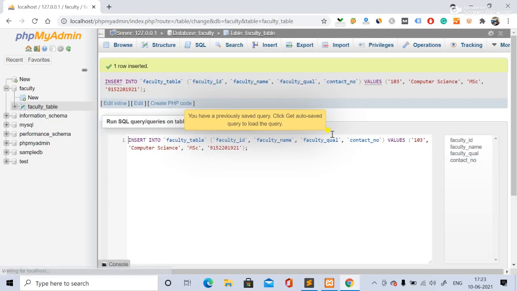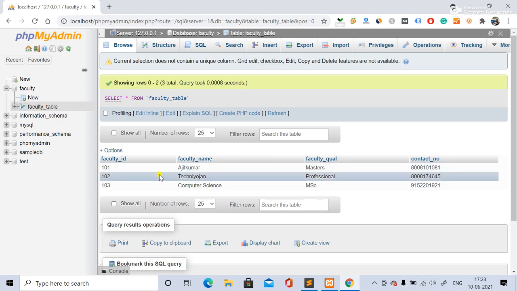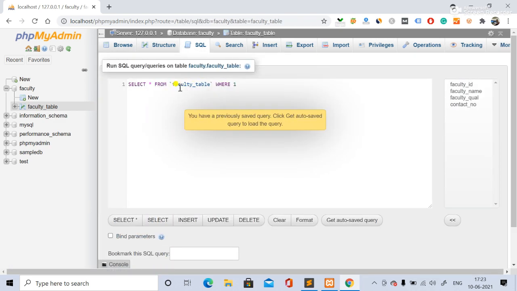Now go, see over here, again it comes as one row inserted. So now we'll check, we have done with both the ways. Now this much is enough. What we'll do is, now we'll go to the SQL and perform the select statement, the select query statement. For what are we taking that? For selecting the data from the table.